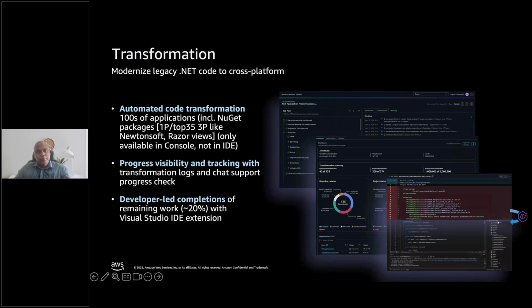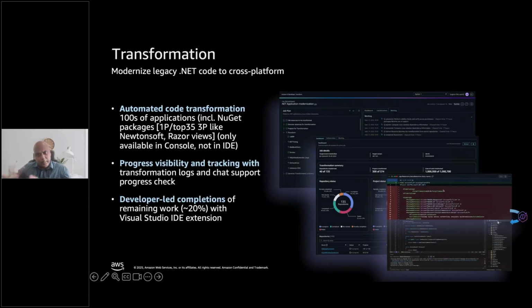And if we have private NuGets, you will have the opportunity to upload those to AWS Transform. We'll use that information to identify those dependencies and whether we need to keep them as framework, and whether there are corresponding core packages available, we will be able to take those decisions seamlessly. And we are able to port UI framework Razor views as well.